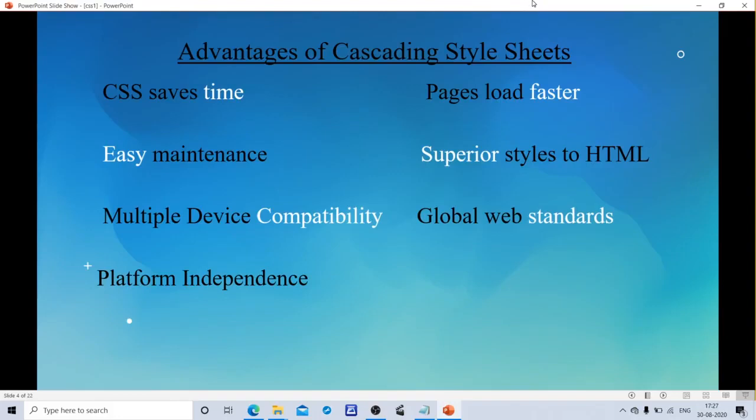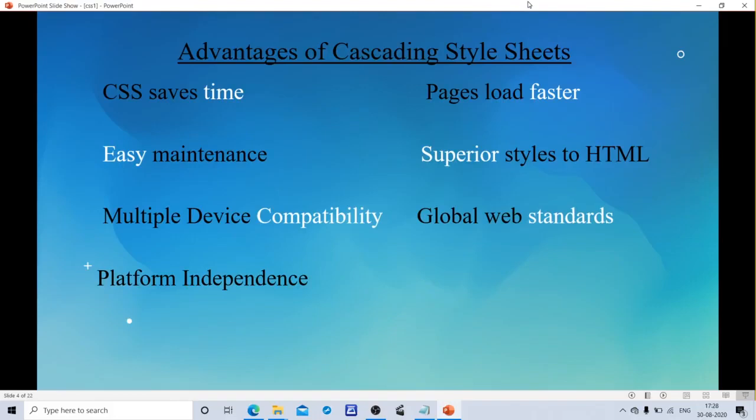So it's a good idea to start using CSS in all HTML pages to make them compatible with future browsers. Last one is platform independence. CSS offers consistent platform independence and can support the latest browsers as well.